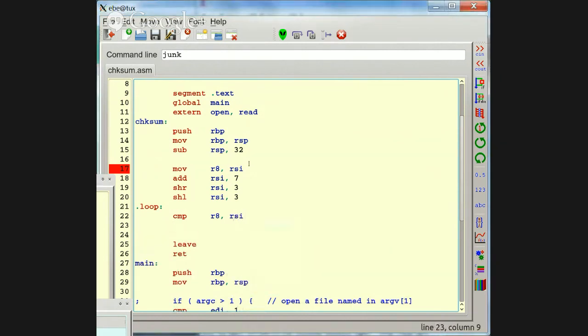All right. So if it's equal, then I would like to finish this. I think that means I've got them all done because RSI is the count of the number of them. The index needs to be one less.